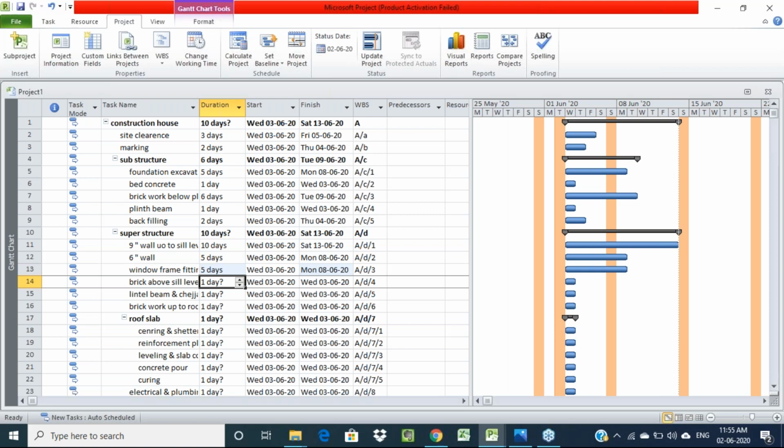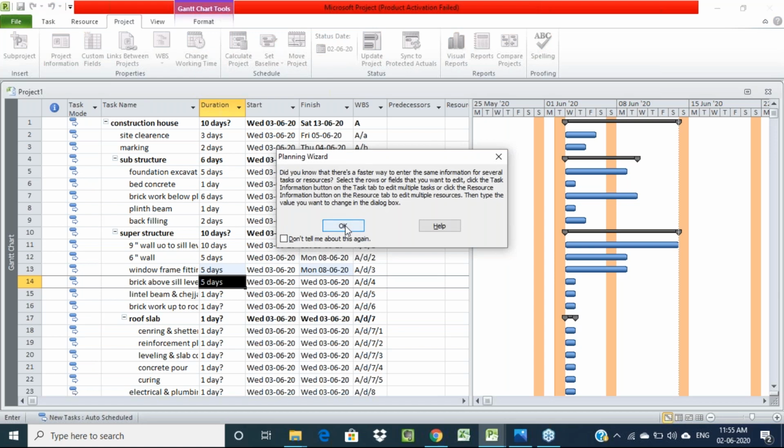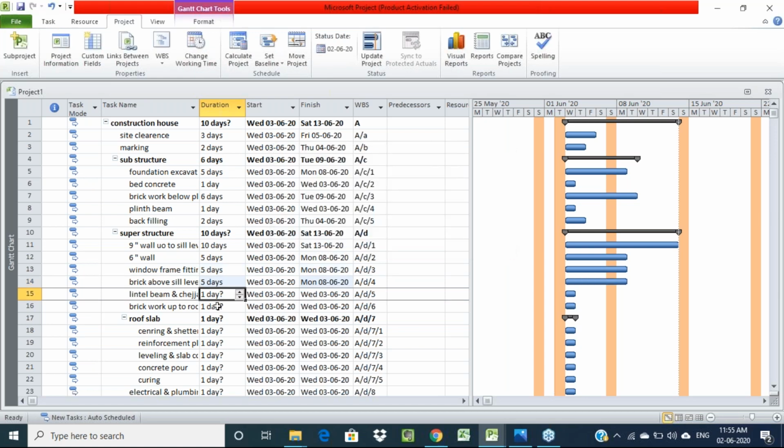Brickwork from sill level to roof level, I'll provide 5 days. Then lintel beam and chajja, for all this construction we are going to give 3 days, and brickwork up to roof, another 4 days.